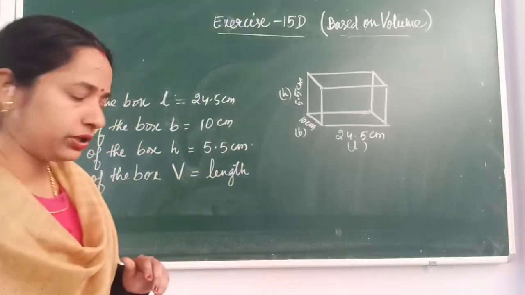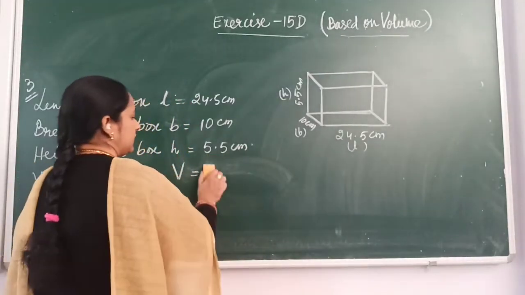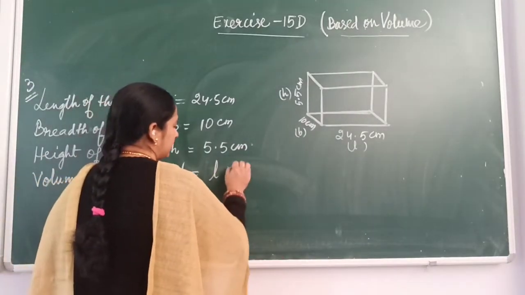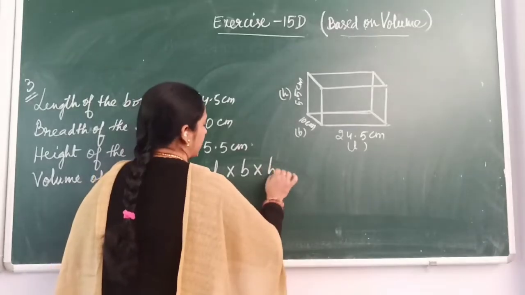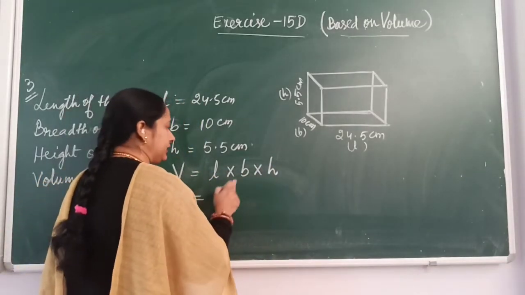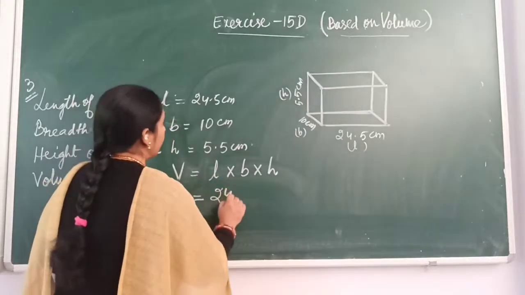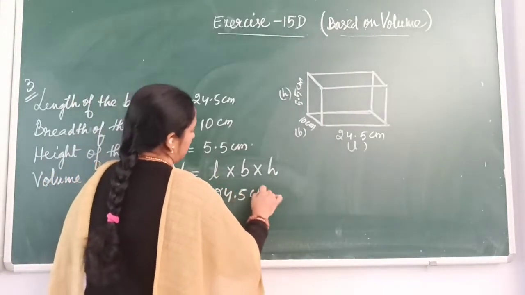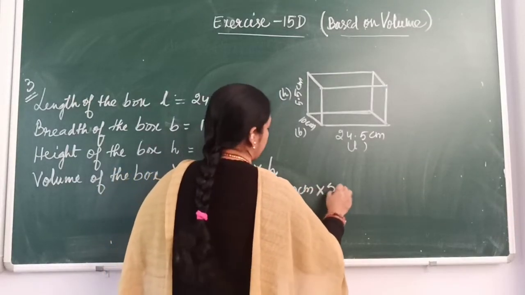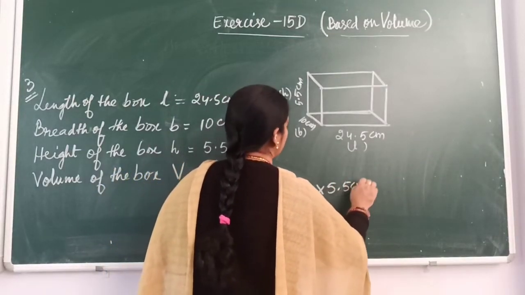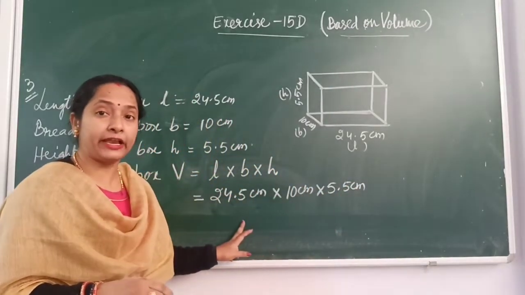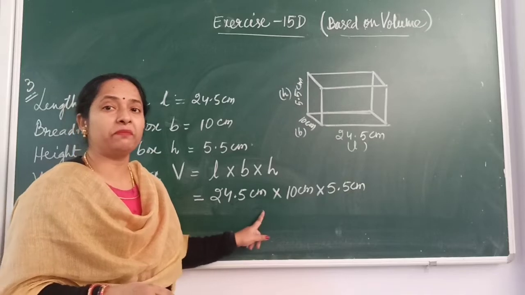In short, you can write length as L. So the formula is length multiplied by breadth multiplied by height. Now the values of length, breadth and height in this formula are 24.5 centimeter multiplied by 10 centimeter multiplied by 5.5 centimeter. Never forget to write these units while doing the calculations, because if you miss these